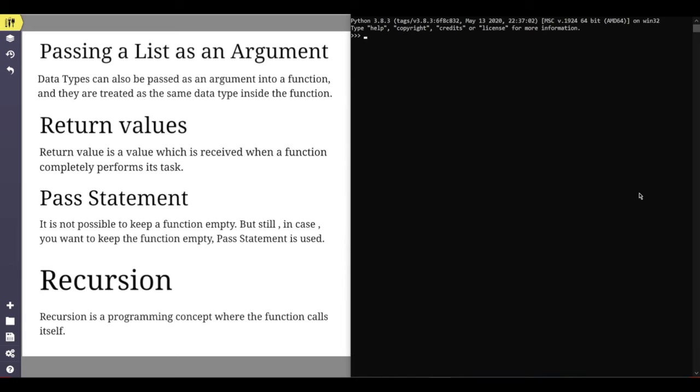Return value is received when the function completely performs its task. So when I am asking it to return a plus b, I should get the answer of a plus b instead of the alphabets. So let's see a program. How can we ask our function to return a value? I create my function